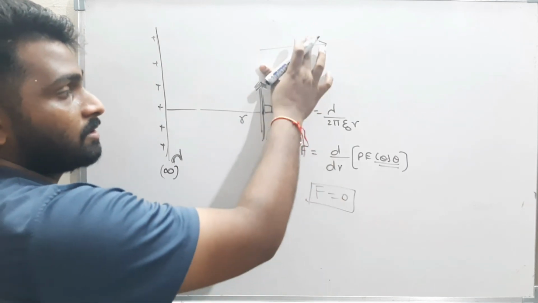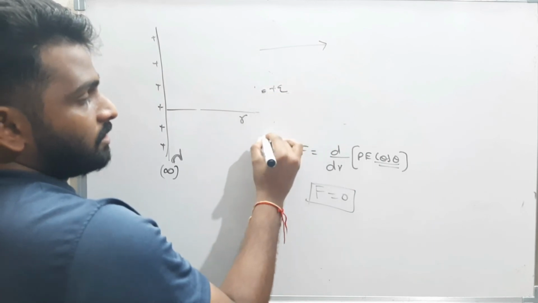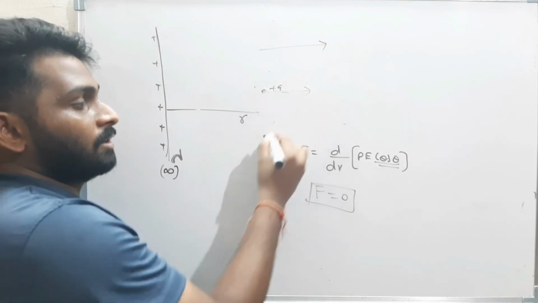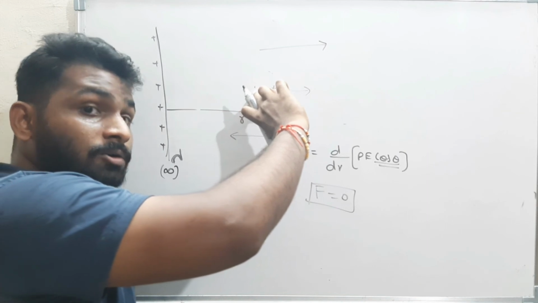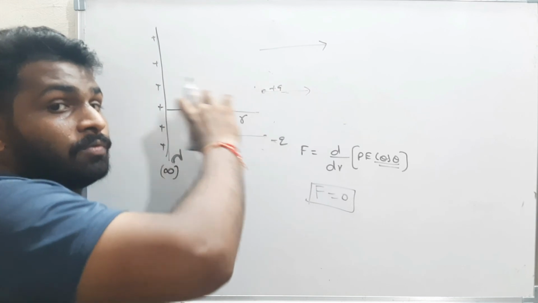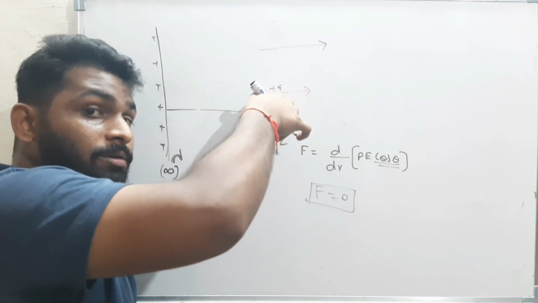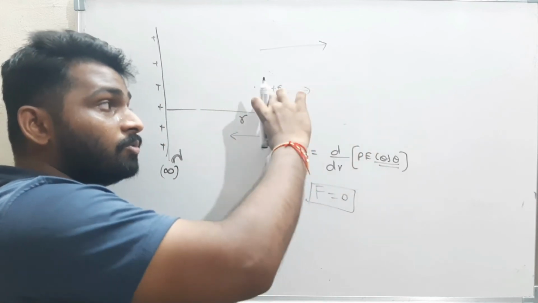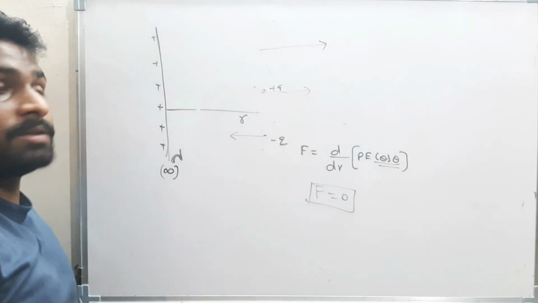Why is it 0? See, it is simple. This is positive q and this is negative q. One will be repelled and the other will be attracted. This will start to rotate. But it won't move forward or backward. It will start to rotate, that's all. There is a torque, only torque, but no translational motion. It won't move forward or backward because the forces are equal and opposite. I think this is clear.